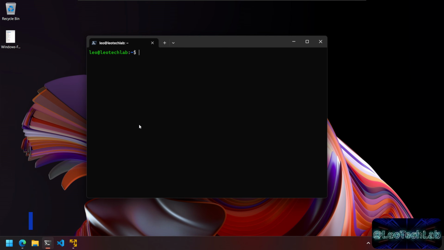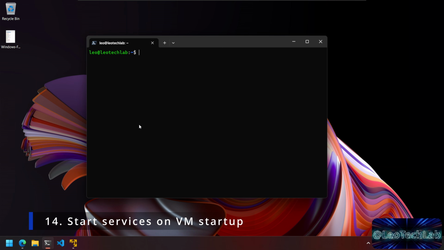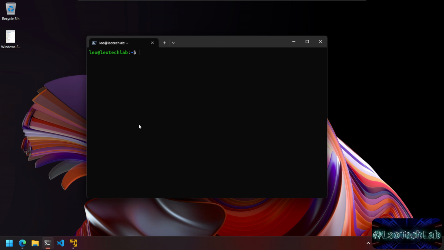Okay, now let's talk about launching services at startup. So when we start up the VM, to automatically launch services for us, there are several ways to do this. Personally, I like to use the cron application, which allows the execution of scripts when some events occur, in particular when rebooting the machine, for example. So I'll go ahead and install cron, and then I'll set up a rule to launch uStreamer each time the VM is rebooted. So let's go ahead and install cron, sudo apt install cron,